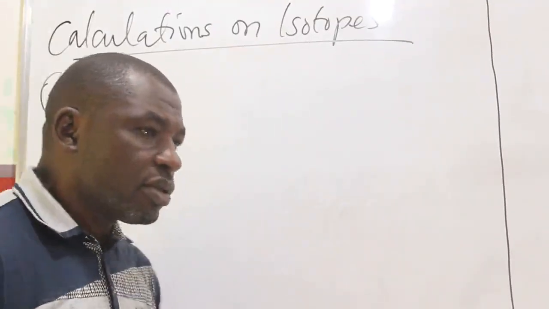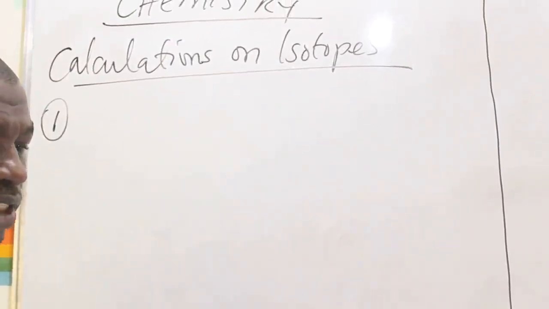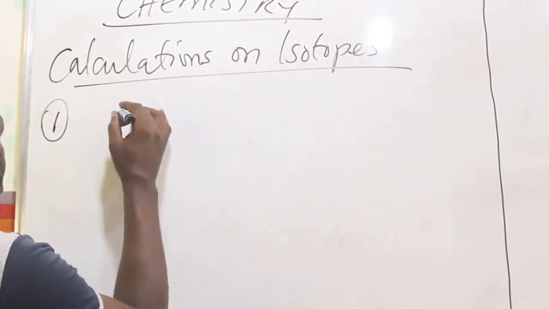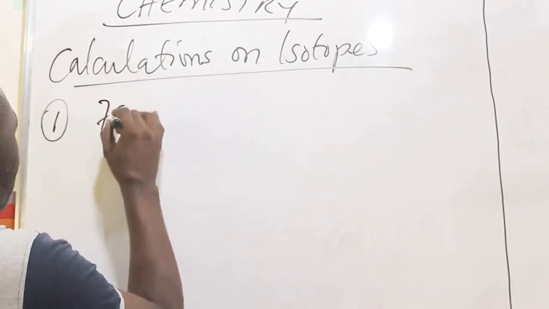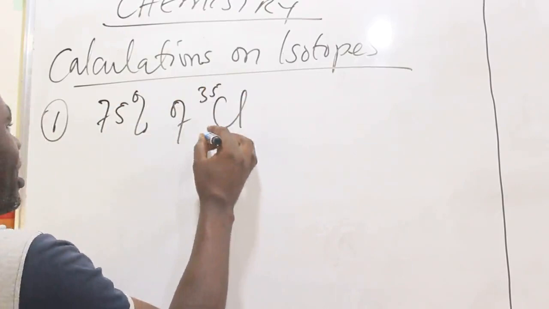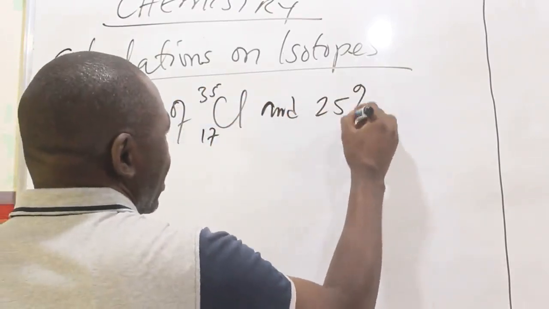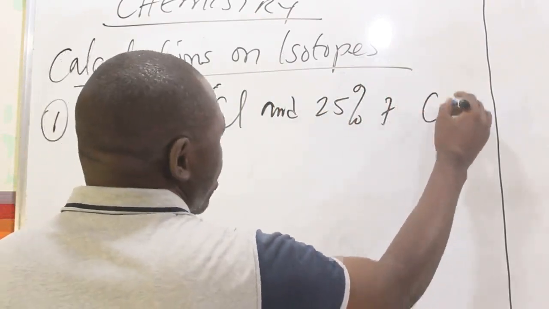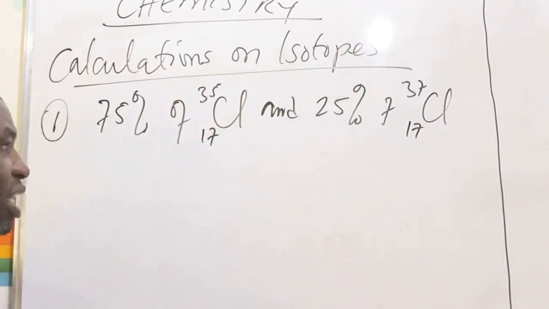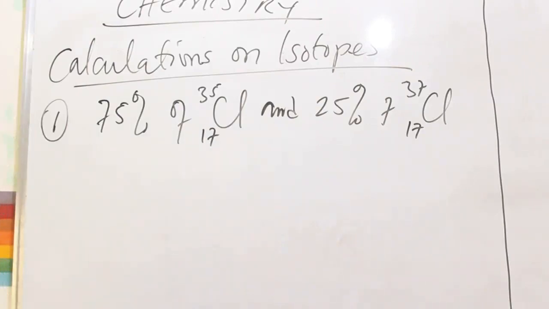Okay, in the question we have as our example 1, the question says that chlorine has 2 isotopes. One has 75% of chlorine 35, atomic number 17, and you have 25% of chlorine 37, atomic number 17. And the question says we should calculate the relative atomic mass of chlorine. Okay? Now look at the